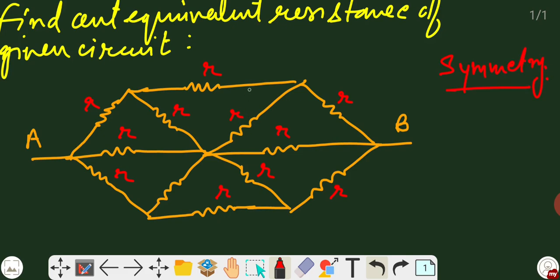Okay, so now in this question I'm going to draw a line at this node, and what you will observe is that both portions will have the same image. It is just like a mirror is placed at this point, and you can see that the same image is reflected on the other side. So it means it's a vertical plane symmetry, or we can say a mirror symmetry. Okay, so now let us solve this question.